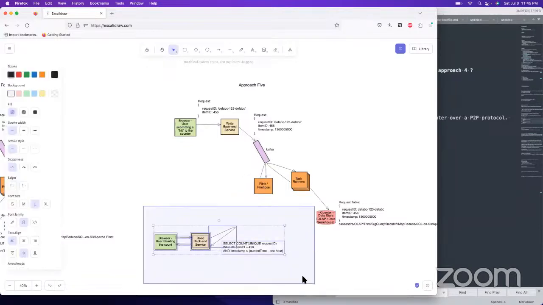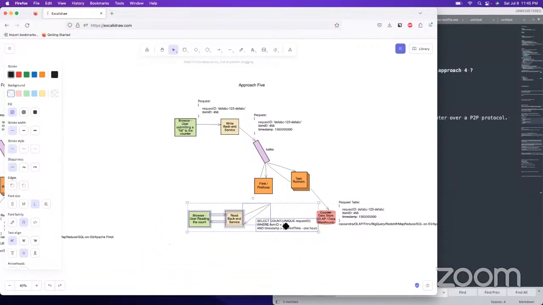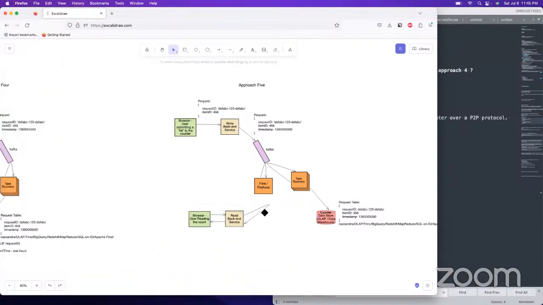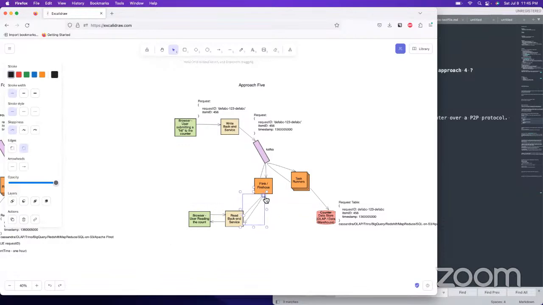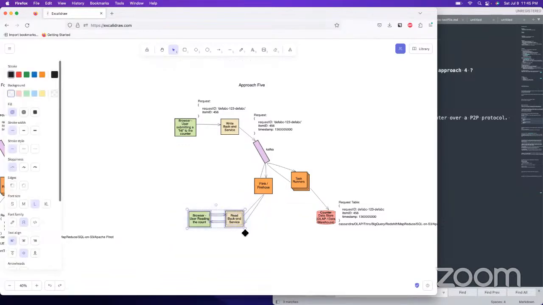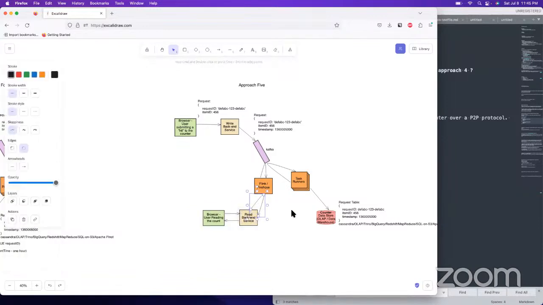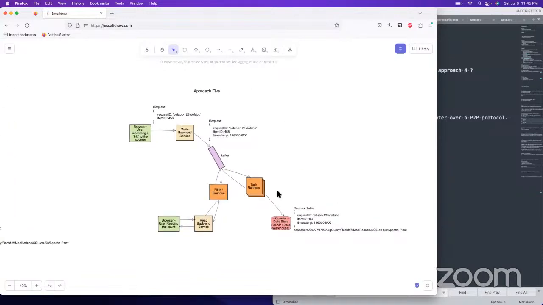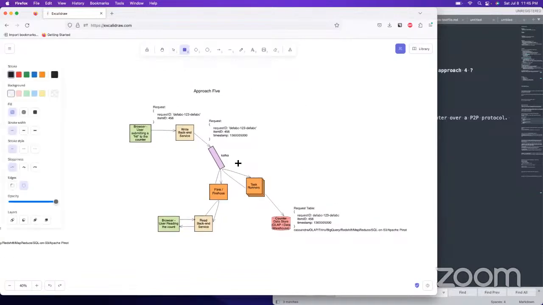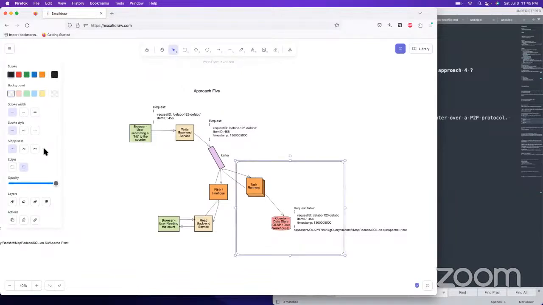And then we've got this thing that is just going to be hitting Flink or Firehose directly. That's how I believe that works. There, so that is approach 5. And then this is optional. It's not actually necessary for the counting.